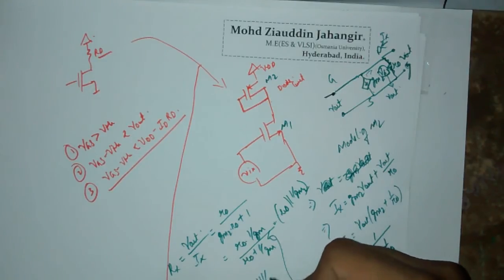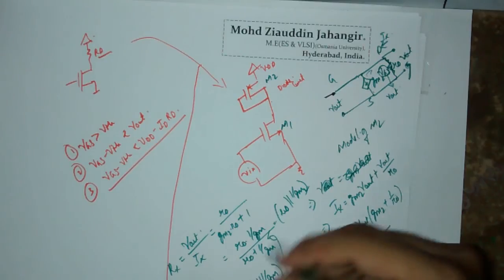So therefore your output resistance Rx, when seen through this terminal, is going to be R0 in parallel with 1 by GM. But I have already said that R0 is a very huge value,